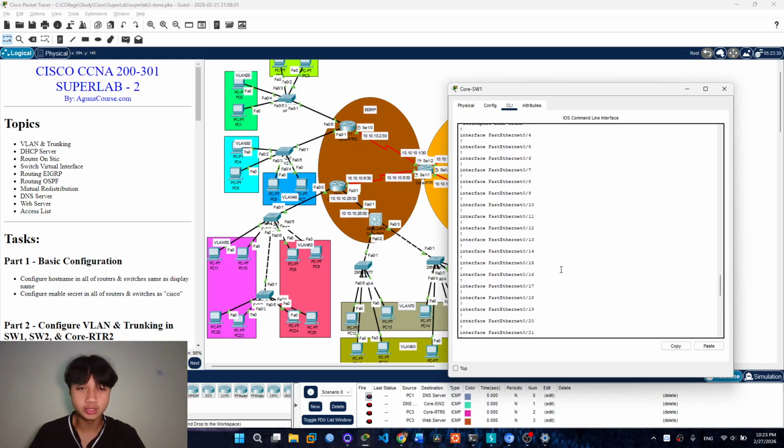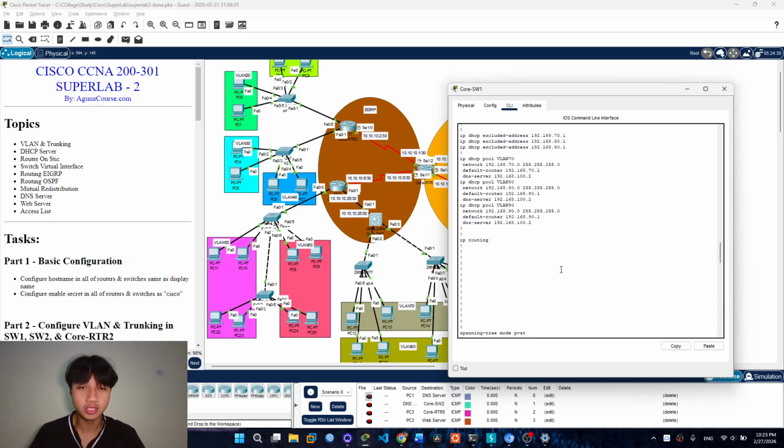After that, you can create the IP DHCP pool for the DHCP server, same as before, with the command ip dhcp pool VLAN 70.